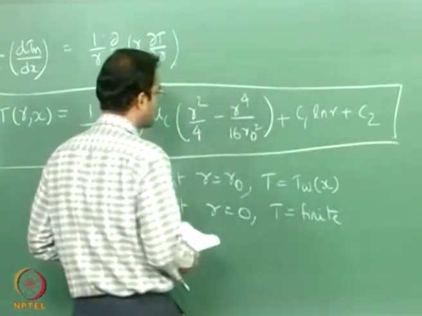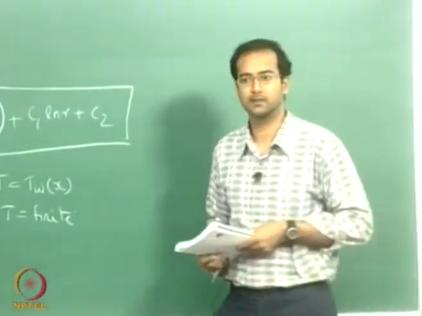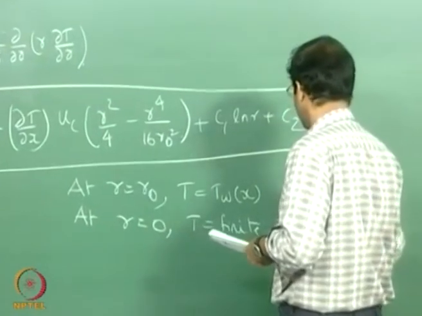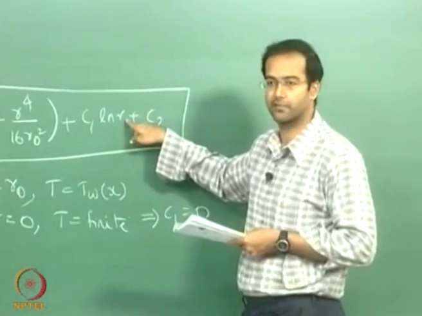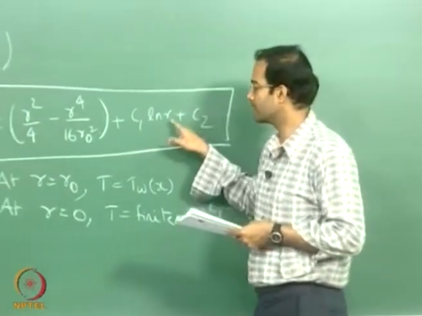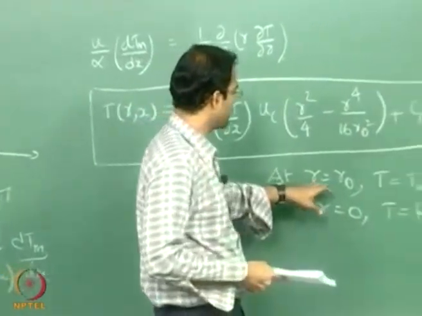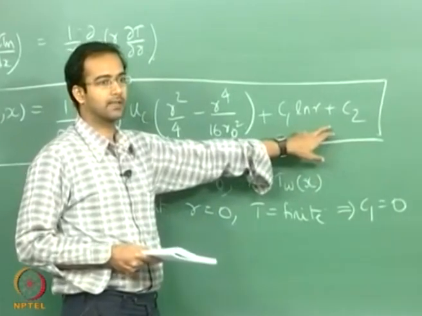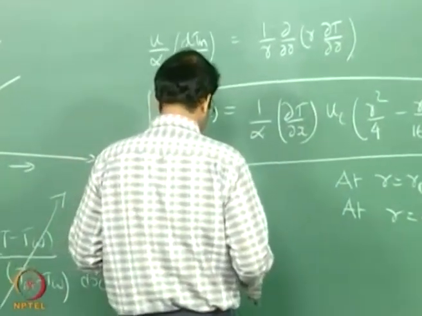Now if you look at this directly, similar to the velocity profile, for a finite temperature at the center your C1 should directly be 0 because this term otherwise goes to infinity, okay. So therefore we directly eliminated C1, so we can use the other boundary condition, r equal to r naught, T is equal to T wall, to calculate the second constant C2. So if you substitute